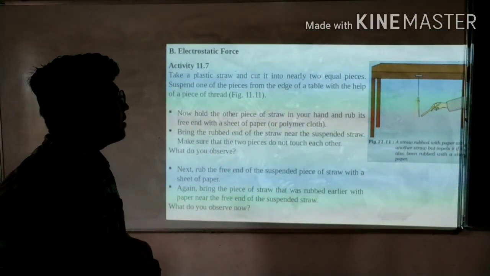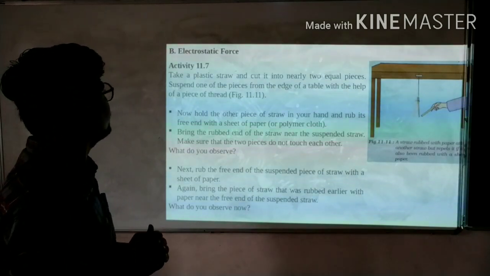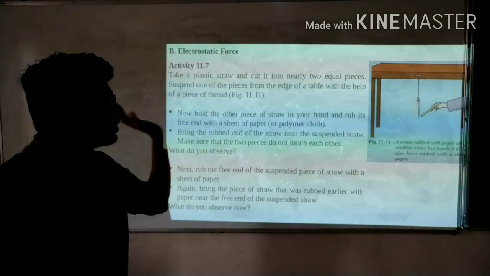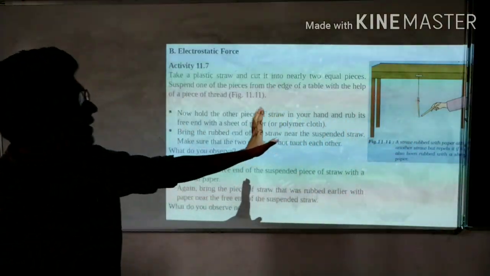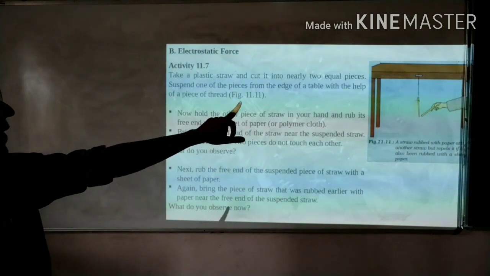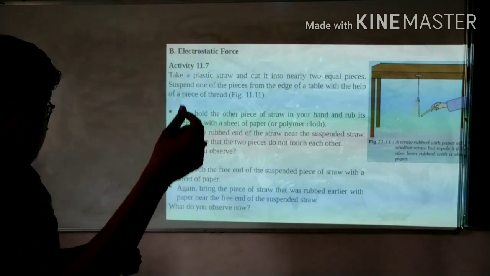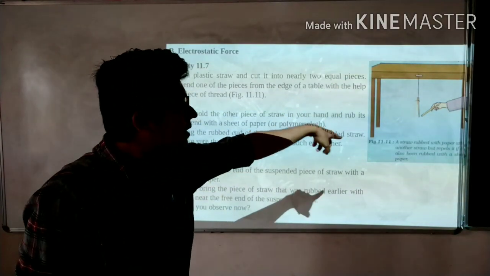Magnetic force has been over. Now we will move on to the electrostatic force. Before starting this activity, understand the figure first. See the figure first. On a table, we have stuck one rassi, a small rassi, and with that rassi, they